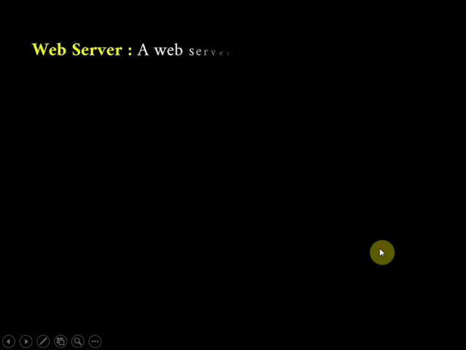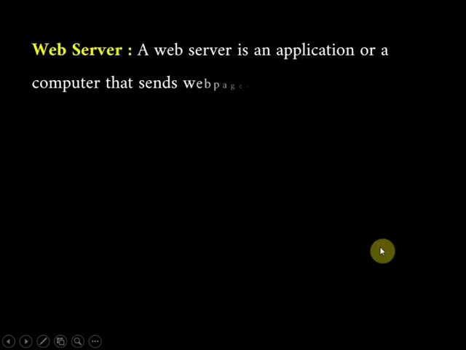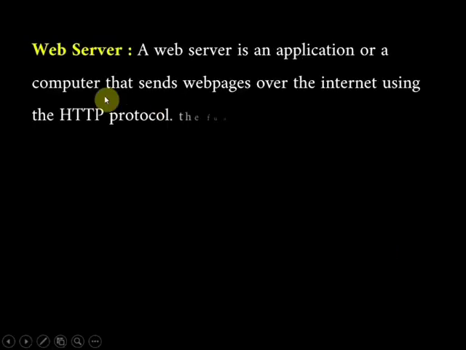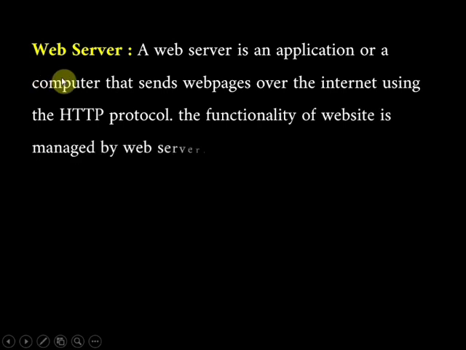The next component of the web is the web server. This is very important. A web server is an application or a computer that sends web pages over the internet using the hypertext transfer protocol. HTTP means hypertext transfer protocol. The functionality of a website is managed by the web server. The web server is the main